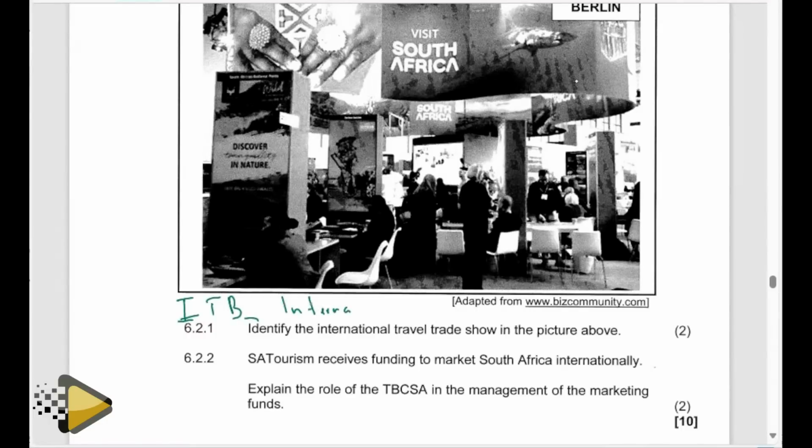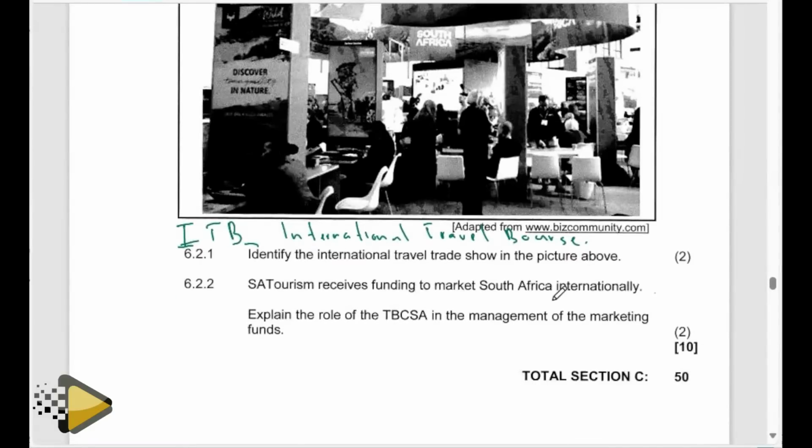It is the International Travel Bourse, abbreviated as ITB. Then SA Tourism receives funding to market South Africa internationally. Explain the function of the Tourism Business Council of South Africa in the management of marketing funds. So the first thing, we can say that TBCSA, which is the Tourism Business Council,